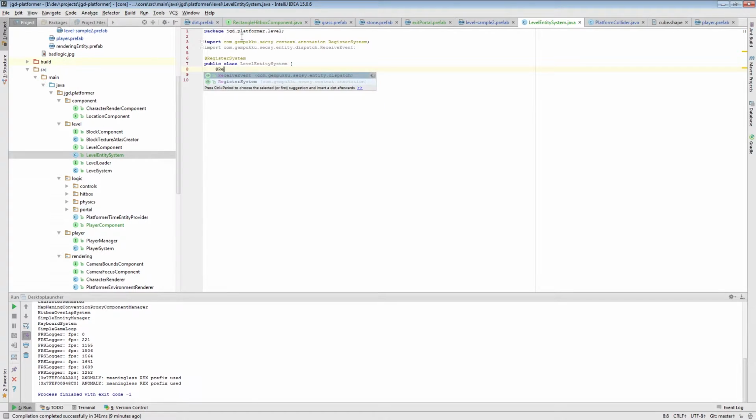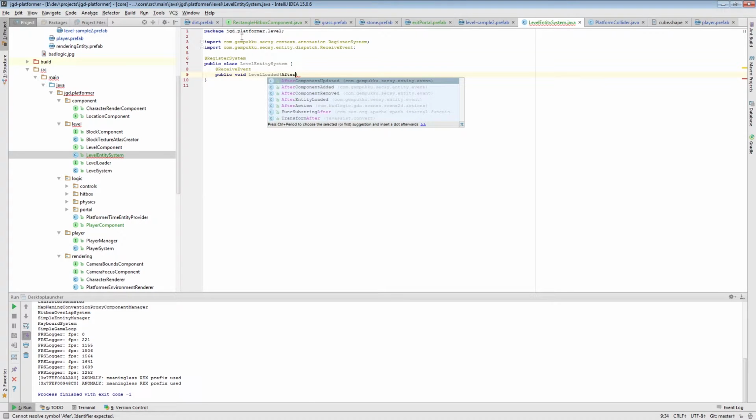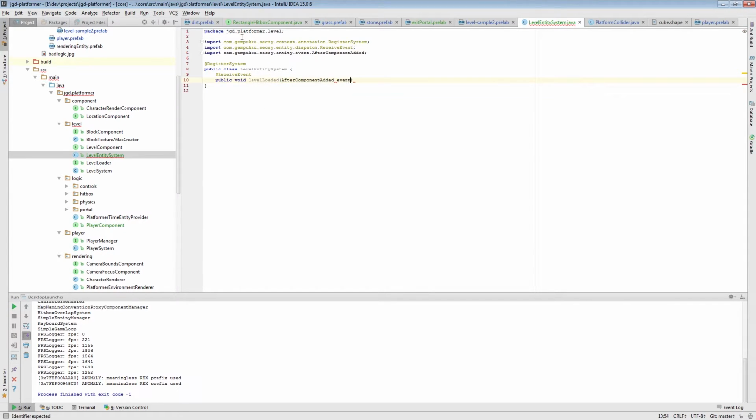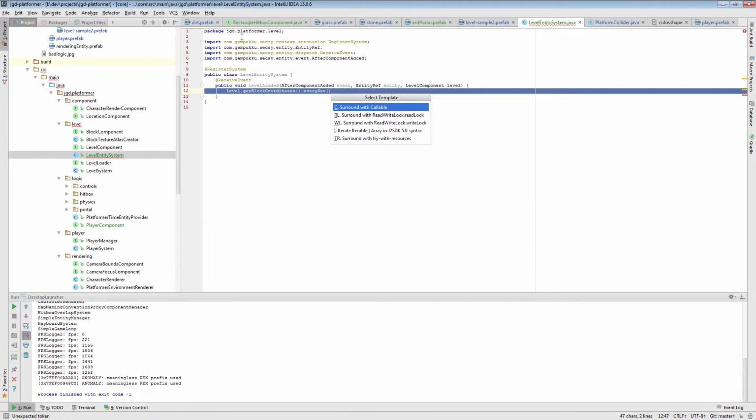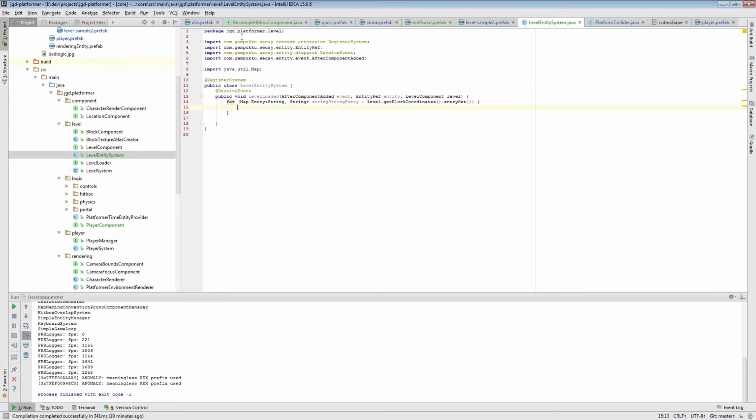And here will be level loaded after component added event entity ref entity and level component level get log coordinates and reset and block